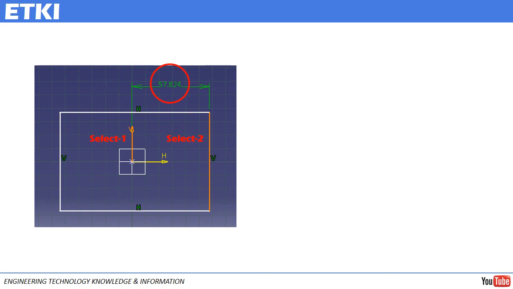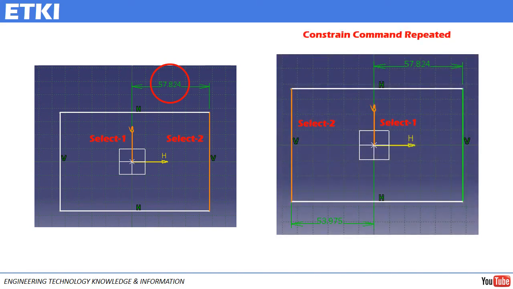Please remember one thing, for creating any dimension, always select the axis first, whether it is a vertical axis or horizontal axis. Now let's start giving other dimensions. Repeat the constraint command by following the same method I explained in the previous slide, or if you have toolbars in the CATIA window, you can select the command by double clicking it. Here note one thing, if you want to use the command once, click once or double click to use for multiple times. I will explain this in another video. Now select the vertical axis again and select the other vertical line of the rectangle. It will create another dimension as shown.